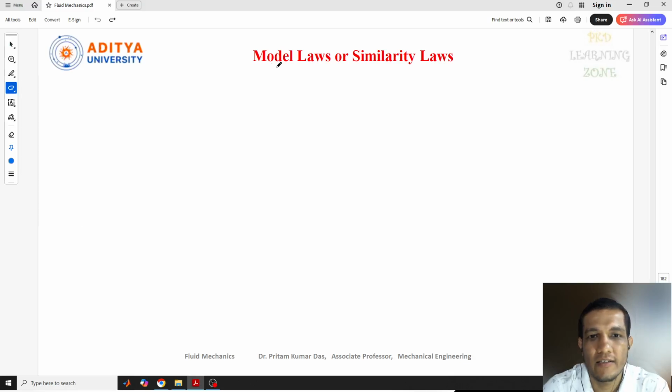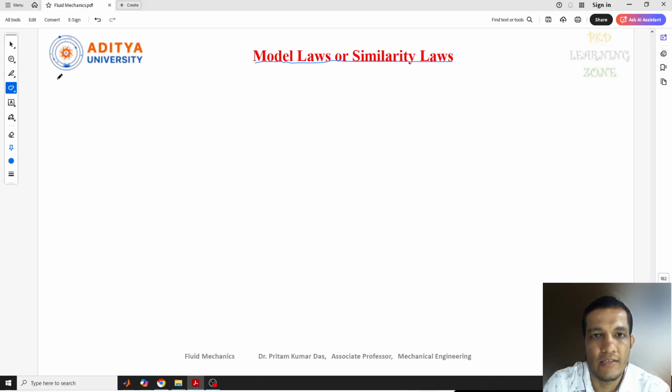In this lecture, we'll discuss a new concept regarding model laws or similarity laws. Before going to discuss model laws and similarity laws, I'll give a brief about the previous lecture, what we have studied till now. This is also a part of dimensional analysis, and in the dimensional analysis we